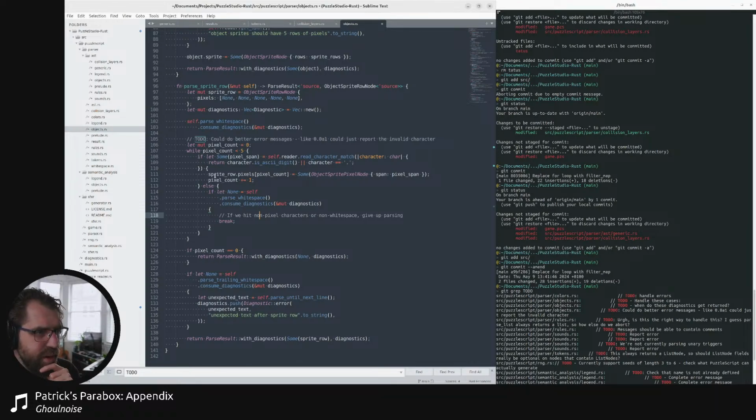Also, where am I? Hold on. What is going on here? How is this working when there is no white space between the things? Well, because that happens, the pixel count increases, then that happens. Okay, so only when we fail scanning a pixel, so let's say we get a letter instead, like A, we